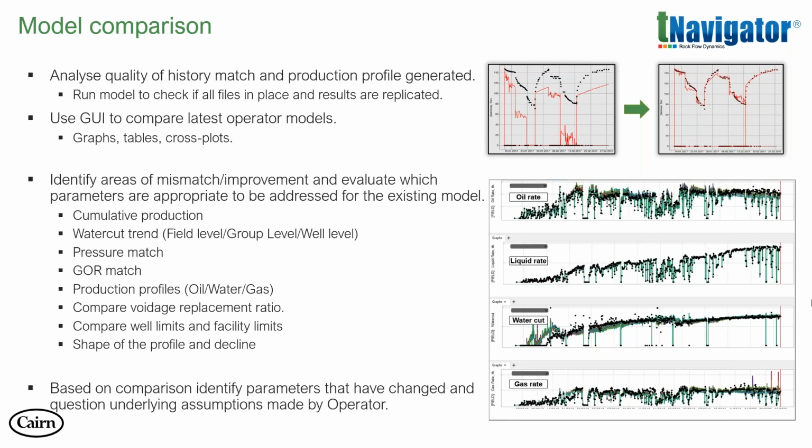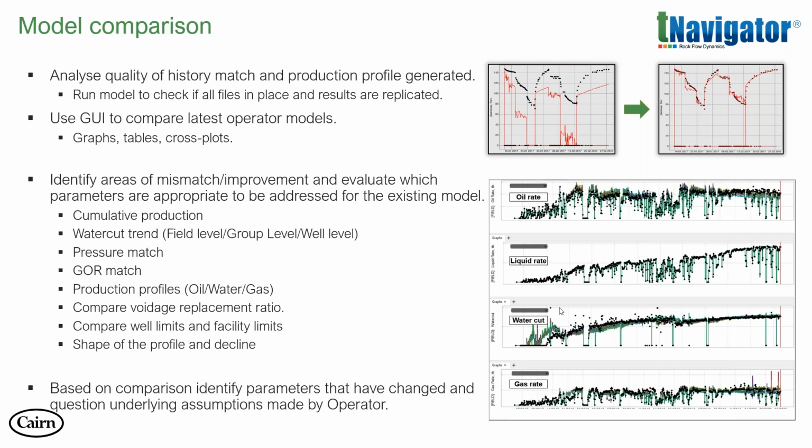And based on what you had previously, you will want to compare and contrast with what you have now, or with the latest update that the operator generates. And the GUI is great for that, because you can just load in models and have everything in one place,